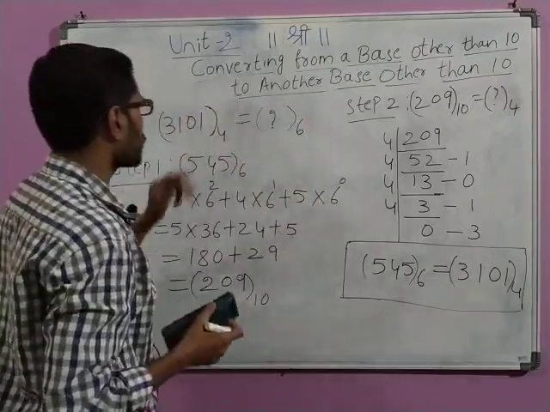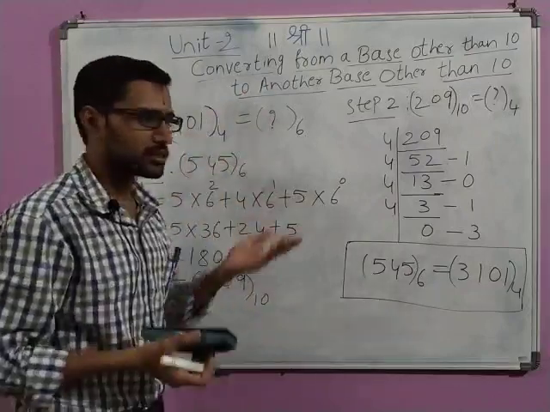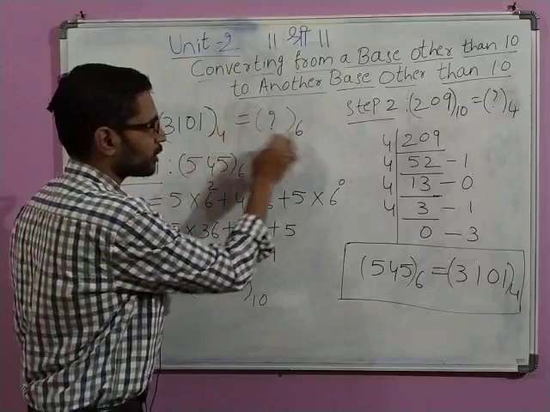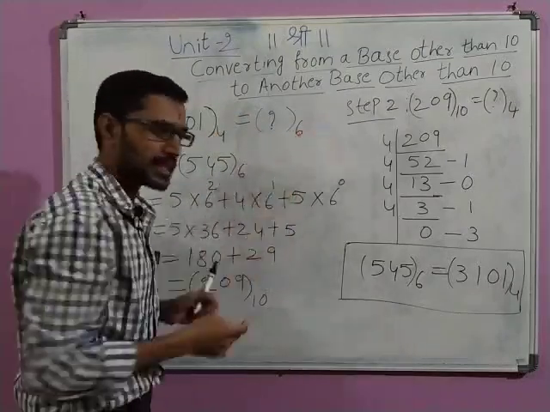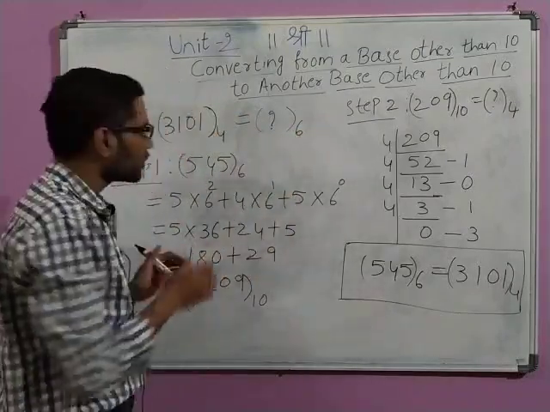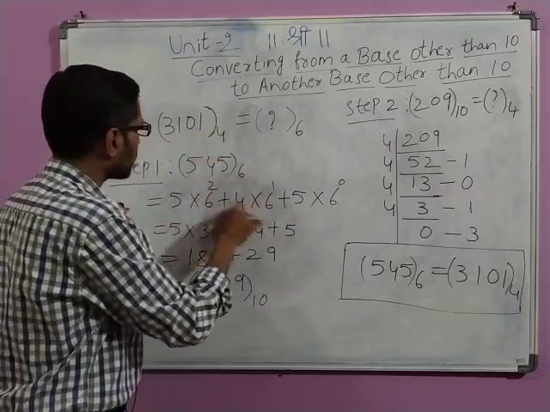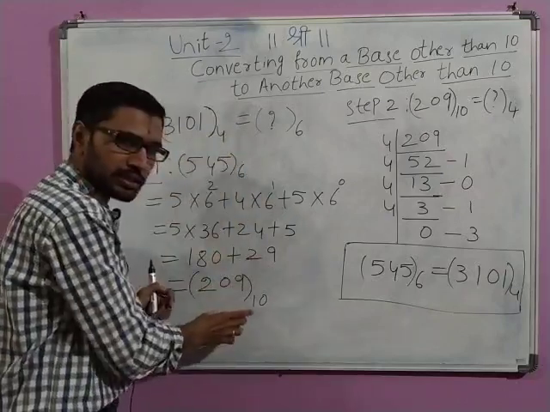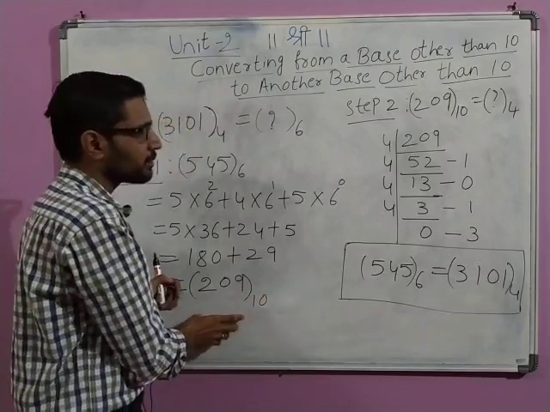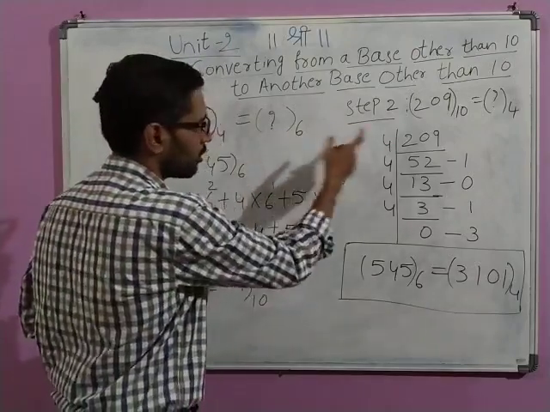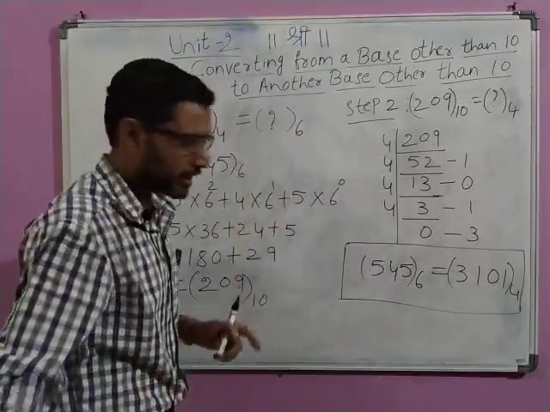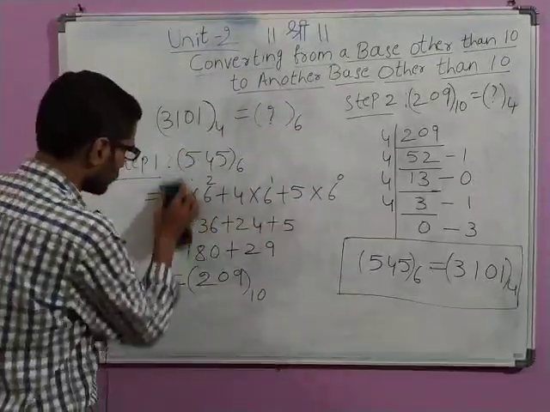So now what is the procedure again? Now if you take this as a different example, the base is other than 10 and you should also convert into base other than 10. So what is the first step? Take the number and multiply the positional values with the base. You will get a number in the decimal. Take that decimal number and convert by using the remainder technique, by using this new base. So let us follow this procedure again.